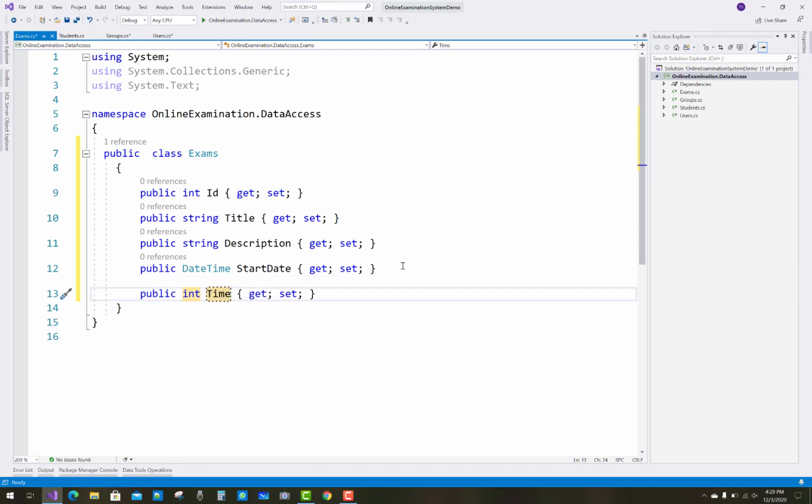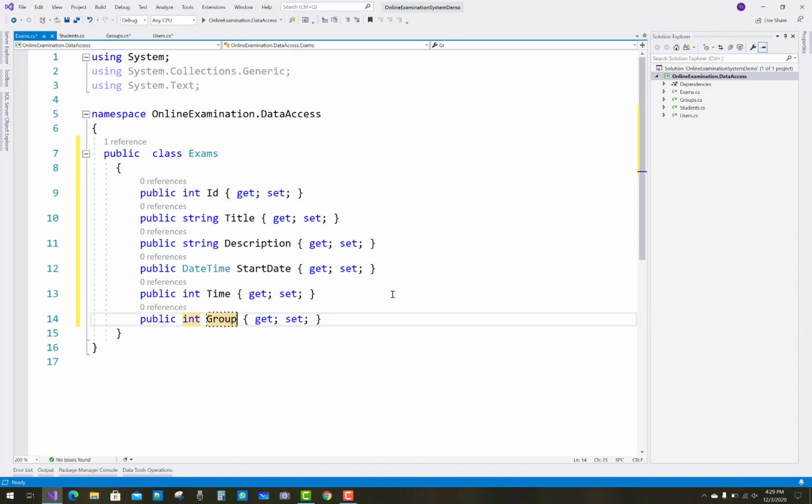In the set of time, class ID is also there, so groups ID is mentioned, prop integer, that is groups ID, groups ID property.